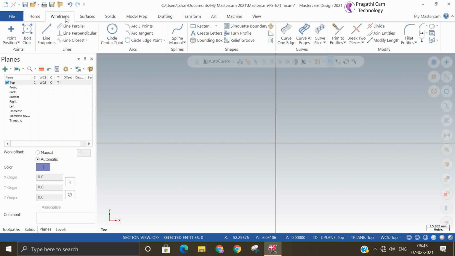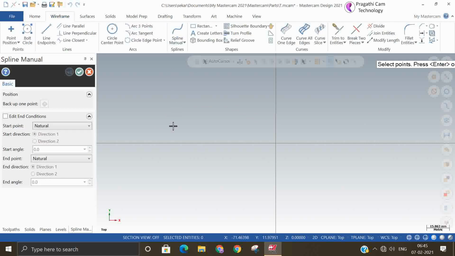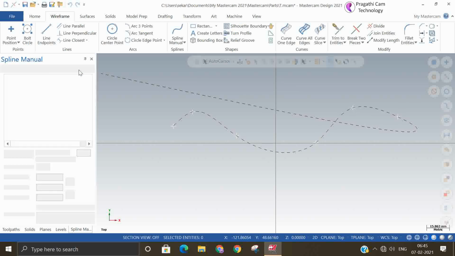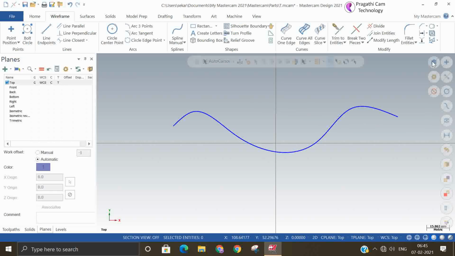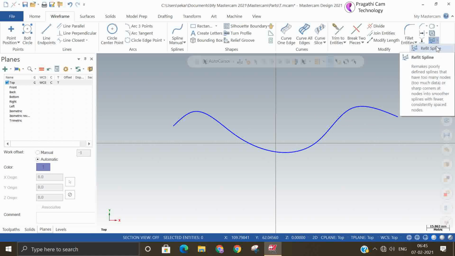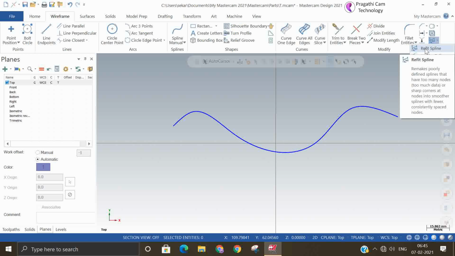So otherwise we'll make one more spline again. You can see it now. It will redefine the poorly made spline. So this will help you to redefine or modify this spline.